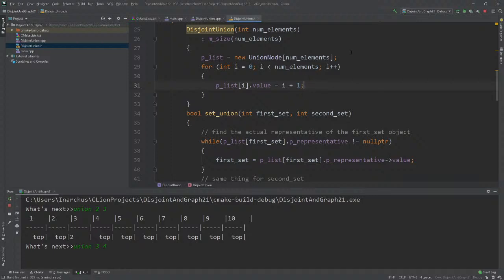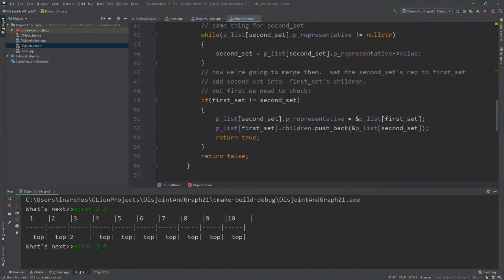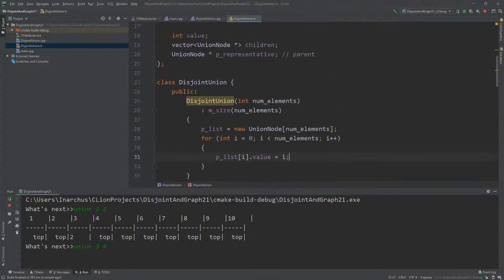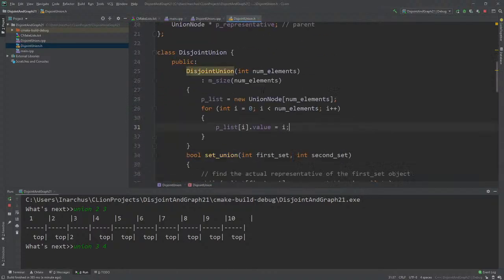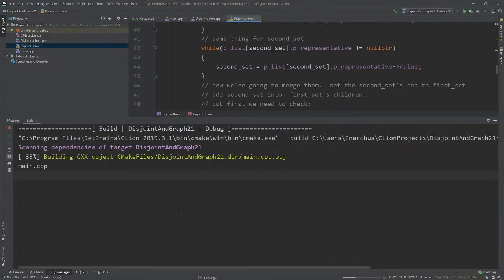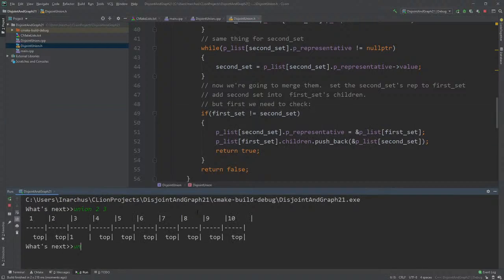oh, I think it all has to do with this +1 business here. I think the values need to be i. Is that what's causing this? That would be a horrible and simple fix. So yeah, let's say we union 2 and 3. Now we're going to union,